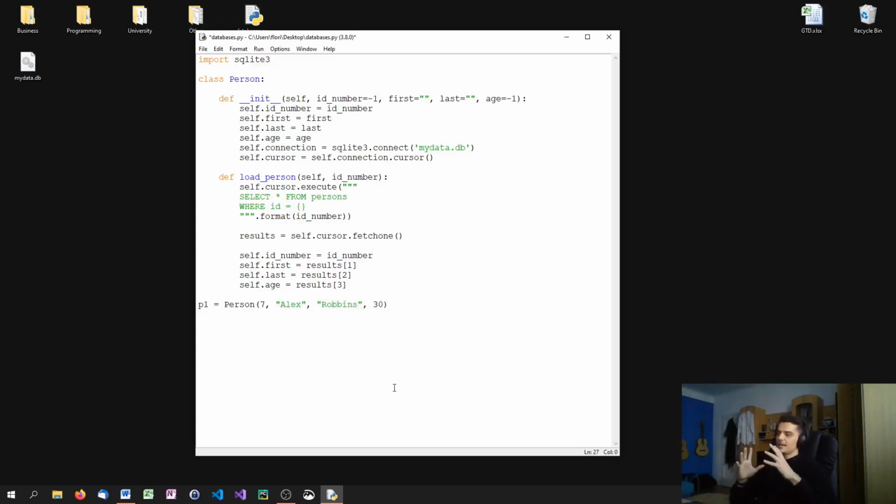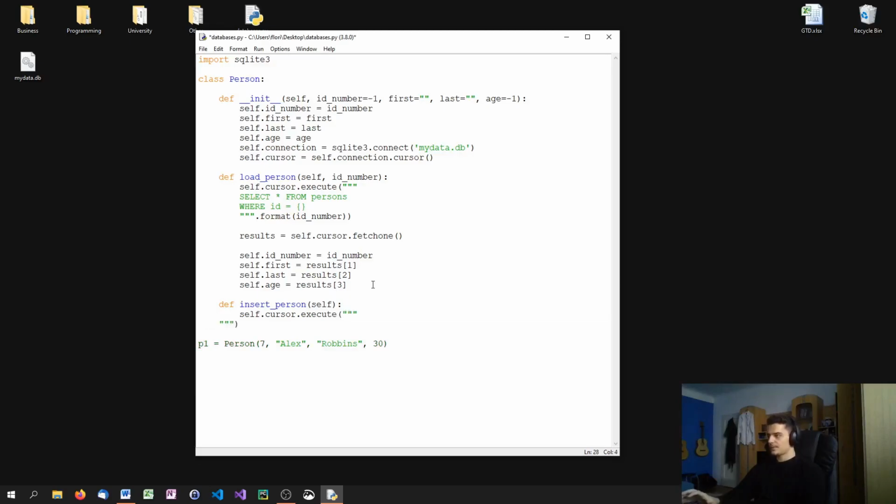And this object right here, this Python object, we want to put it into the database as a row entry. And to do that, of course, we have to define a new function. We're going to say def insert_person, and for this we're just going to insert. We don't need any specific parameters here because we're just going to take the object as it is and insert it into the database. So we're going to say self.cursor.execute,